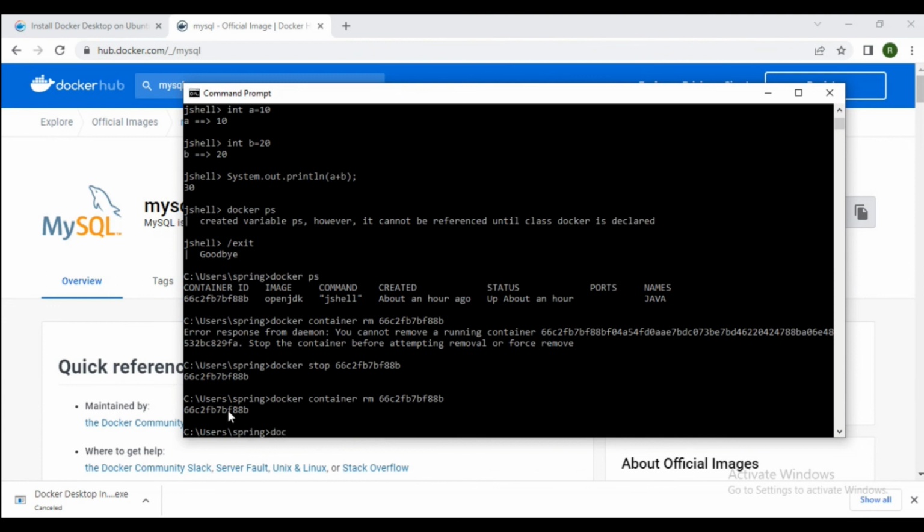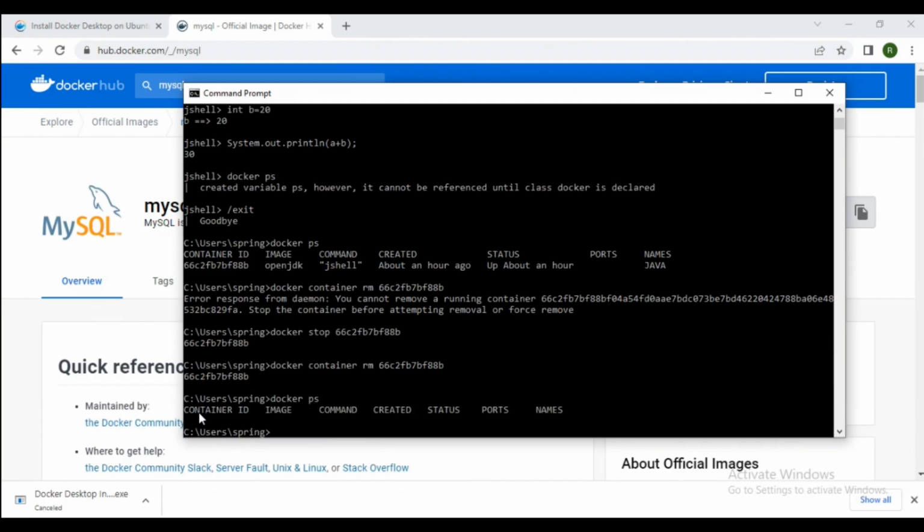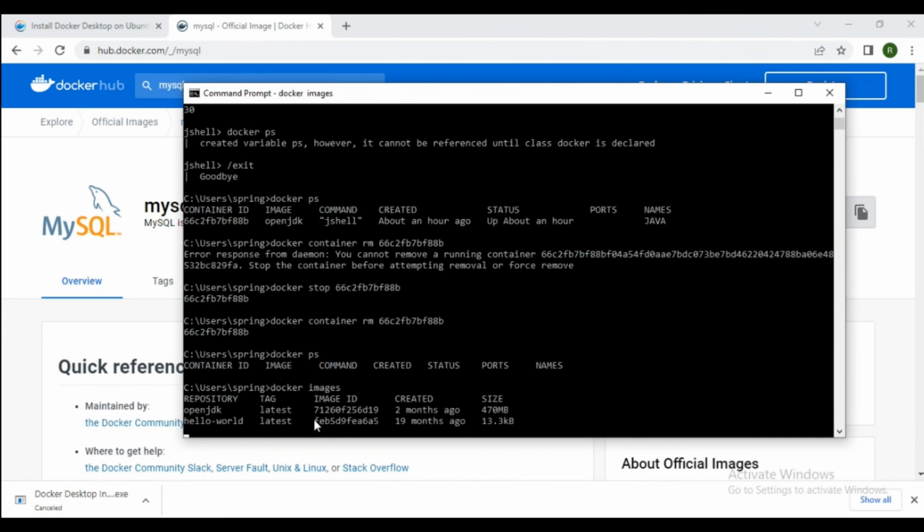Now give the command to check which container is running, docker ps. Now no container is available. Firstly the OpenJDK container was in the running state, now no container is in the running state. Now check which images are available with docker images.